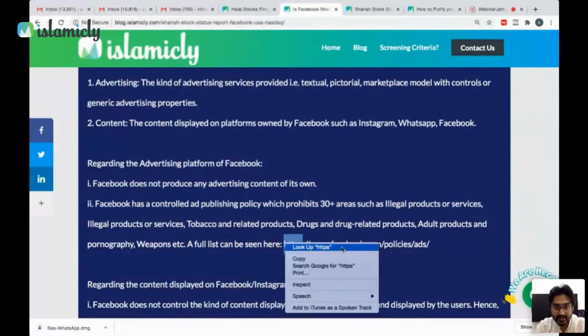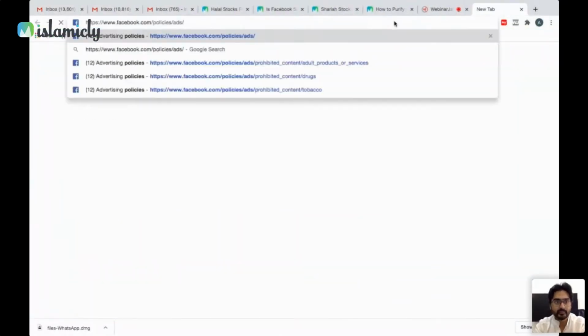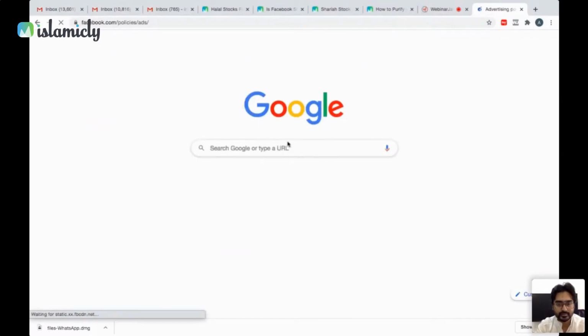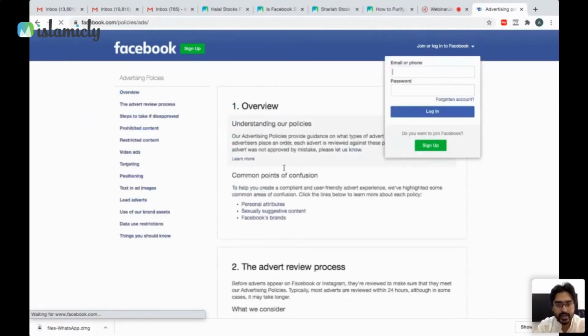So let's look at this list. It will give you what all things are not permissible on Facebook. That will give us an understanding as to why we believe Facebook